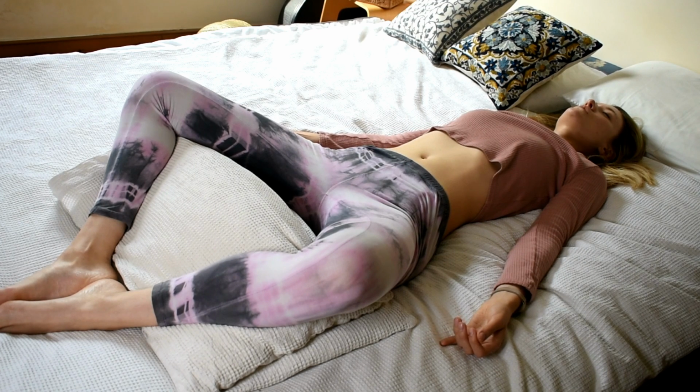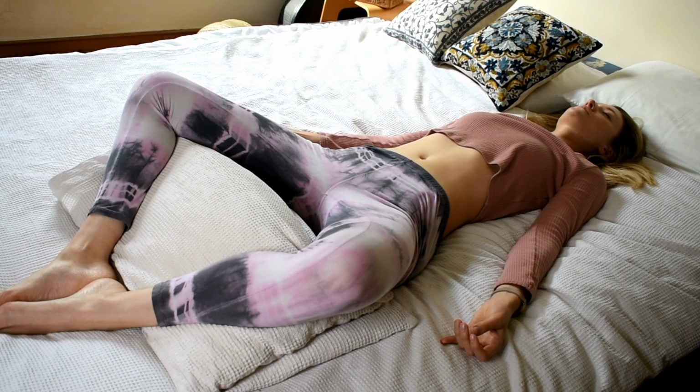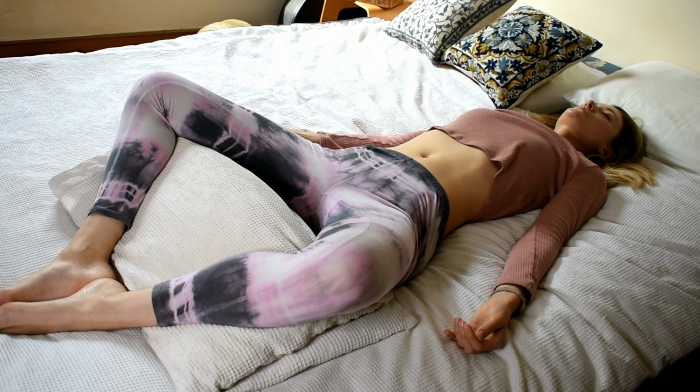So I want you to imagine as you breathe in, your breath is filling up your head, your face, all of your scalp. And as you exhale, your head becomes heavy, sinking into your bed. Now we're going to breathe into your neck, directing the breath, and as you exhale, as it leaves your neck feeling heavy, sinking. Breathing into your shoulders, and as you exhale, let them sink,